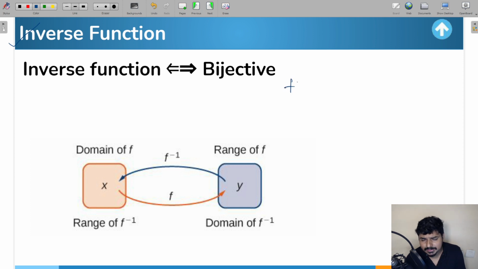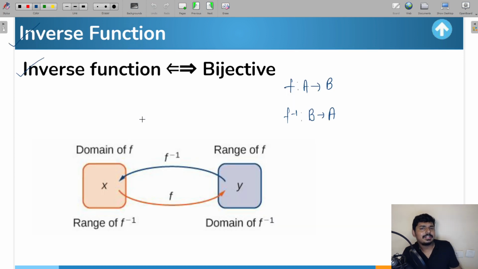Very simple. Let us say a function is defined in this way, f maps A to B. For the inverse of this function, the domain will become the range and the range will become the domain. So I can say f inverse is going to be defined from B to A. For example, you can see here, x is the domain of f and y is the range of f. Now for f inverse, x will become the range and y is going to become the domain. So this is a very simple definition for the inverse of the function.